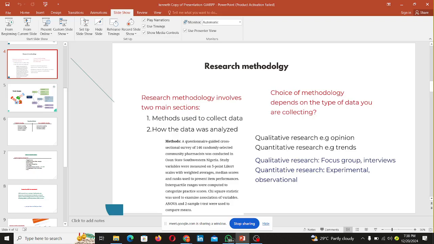And qualitative research has many different techniques that you can use to collect data. They are quite bigger than this, but I just